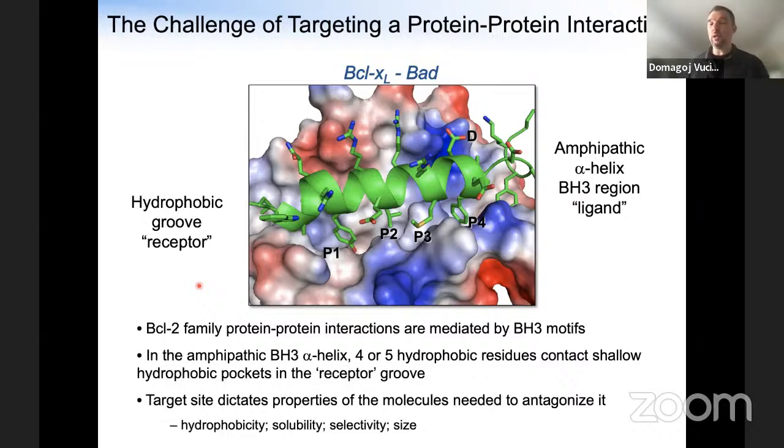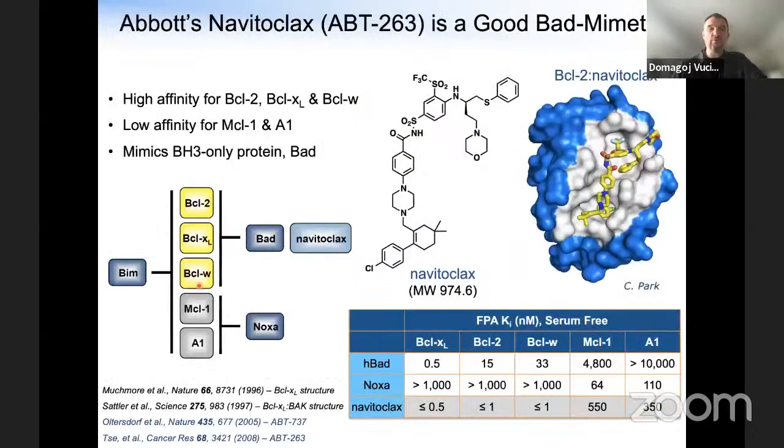So we had a trilateral collaboration between Abbott, Genentech, and Rehive to develop this BCL2 antagonist. And Abbott led it in a way because they had more advanced chemistry and really developed several of these reagents. Okay, and the first of them, the one that went to the clinic, is ABT263 or Navitoclax. Navitoclax was mimicking BAD. Okay, and so it had high affinity for BCL2, BCL-XL, and BCL-W, just like BAD. It was very efficient, low nanomolar or sub-nanomolar activity for all these